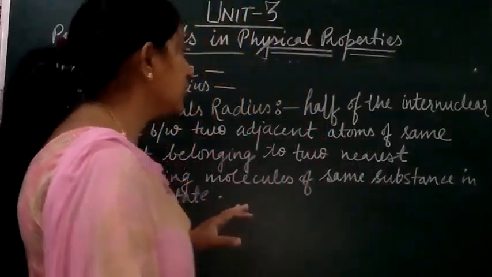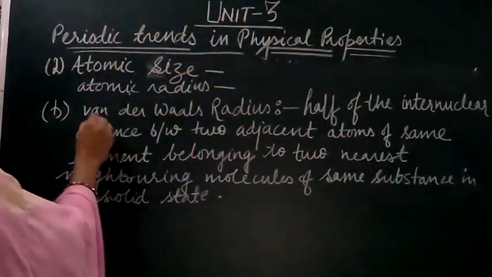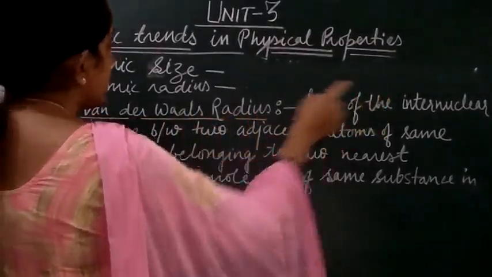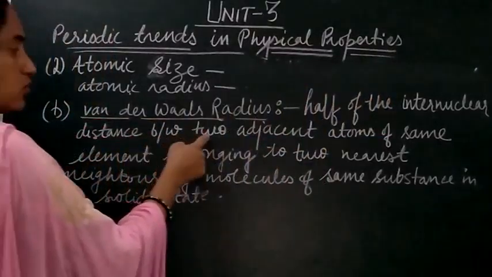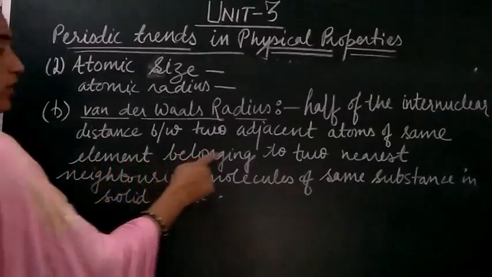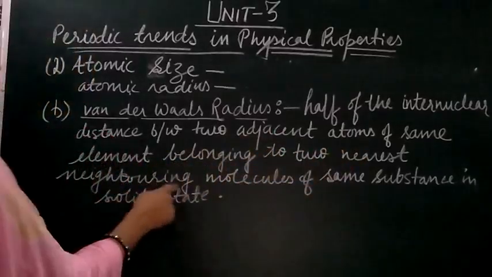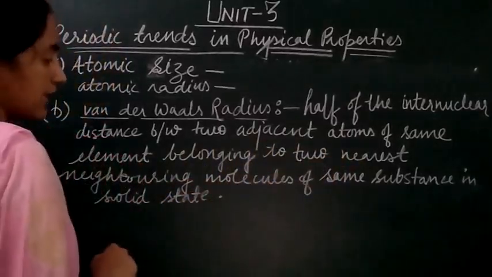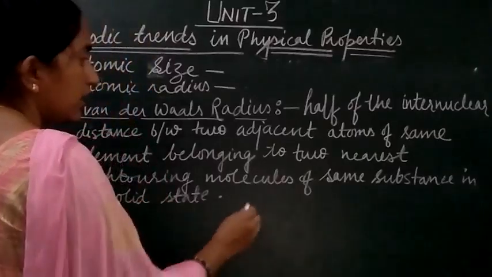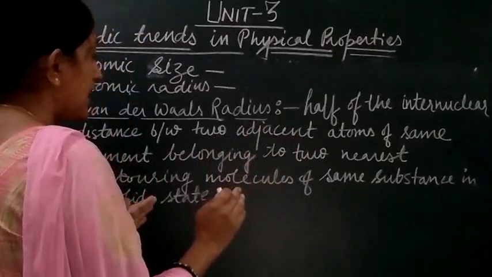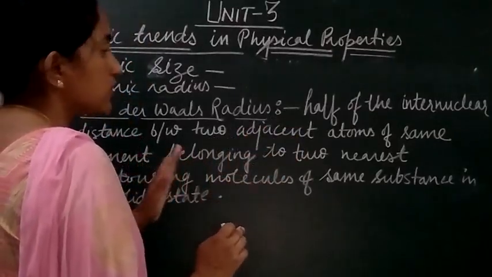Now you can have a view on the definition here. What is the van der Waal radius? It is half of the internuclear distance between the two adjacent atoms of the same element belonging to two nearest neighboring molecules of the same substance in the solid state. Right, students? So here we will first see the two adjacent atoms of the element belonging to the same